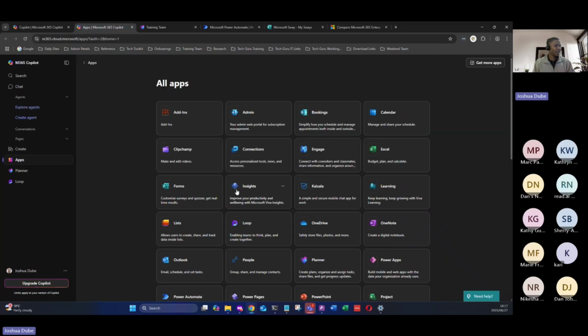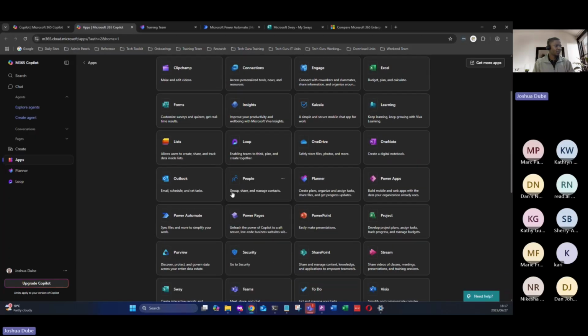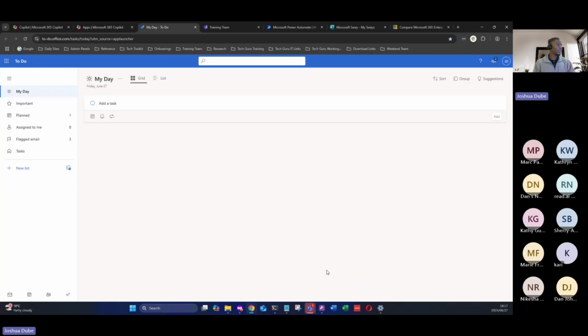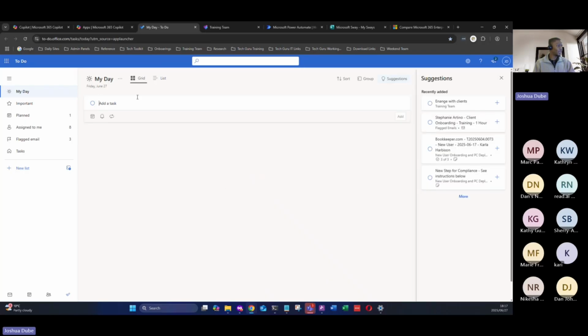But if we go back to our apps that we have as a part of our suite, I'm going to go to To-Do, and you'll see it has the same My Day page that we saw in Planner. And this integrates into your Outlook. It integrates into Planner. It integrates into Teams. So all of these things you're able to access across different places, and it is already working for you. So if you're somebody who's flagged emails in Outlook, you have tasks in Outlook, To Do in Outlook, they will appear here as well as a single